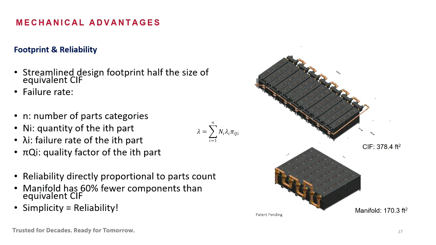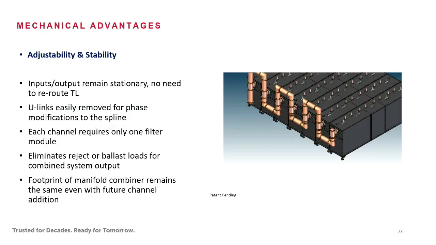And, I said I love statistics, which was a lie earlier in this presentation, but here's another formula from statistics that basically says if you have a fewer number of parts in your design, the reliability will be better, right? Every part has a chance of failing. The fewer parts that you have, the lesser chance you have for something to fail. The reliability requirements for a filter are very high. People don't want their filters to fail. It's not an active component, so it's expected that a filter is just going to sit there and perform year after year. So we want to reduce the number of parts as best we can, and the manifold allows us to do that and make it more simple.